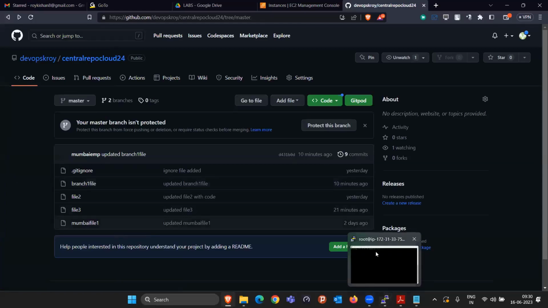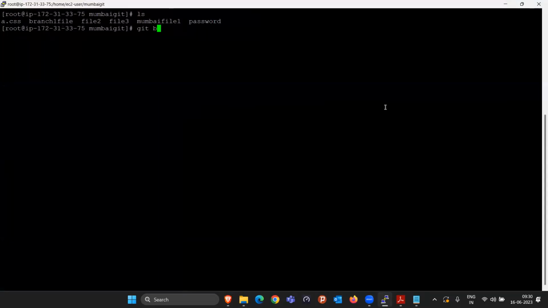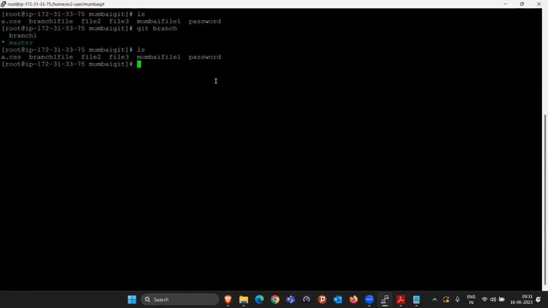Let me show you what I want to explain with an example situation. Currently, if I do ls here, file 2 is present, right? And this file 2 is present in branch 1 also. And currently which branch am I in? Let me make it a little bigger. Currently I'm in the master branch. Inside this master branch, I am seeing this content of the file. And this exactly same content is present in the